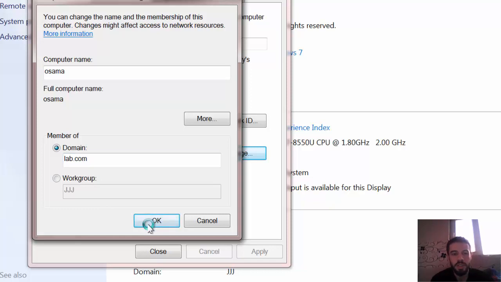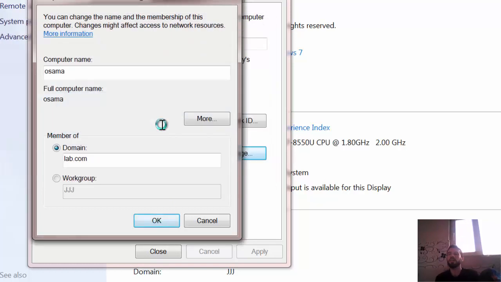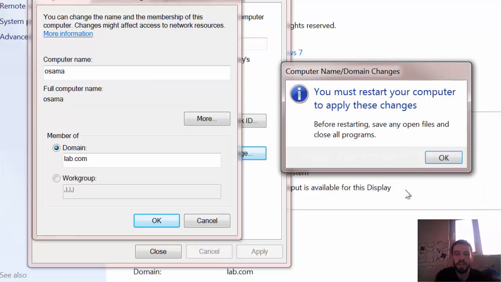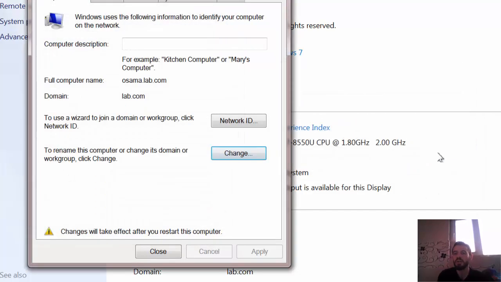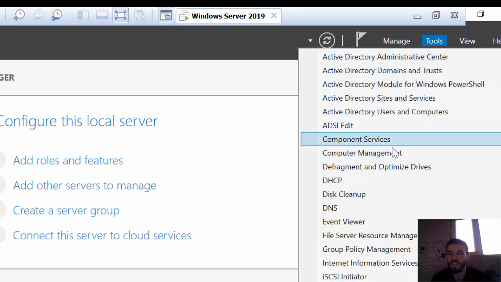Okay, also administrator and the password. Now I have disconnected the join between the computer, the client, and the domain, and now rejoin again and just restart the computer. Everything will work. Now if we try working with the GPO, group policy object, or group policy management, here